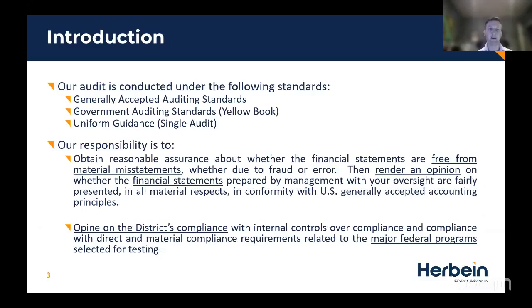It is conducted under 3 standards: generally accepted auditing standards, which is our general financial statement audit; government auditing standards, also known as Yellow Book, which is the additional testing of internal controls of the school district, as well as some general compliance requirements; and lastly, uniform guidance, which is the testing of the federal programs for compliance and internal controls as well. Our responsibility as auditors is to obtain reasonable assurance about whether the financial statements are free from material misstatements, whether due to fraud or error, and then render an opinion on whether those financial statements are fairly presented in all material respects